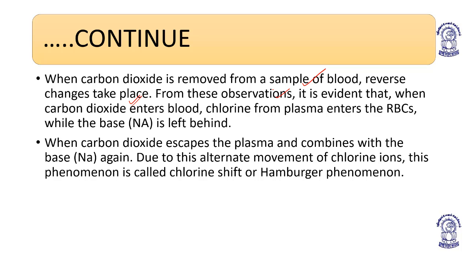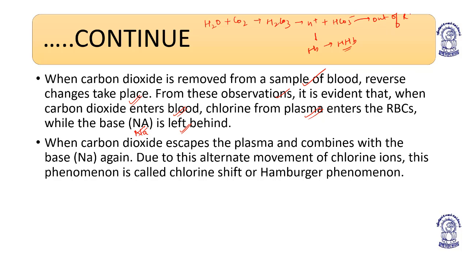From these observations, it is evident that when CO2 enters the blood, chlorine from the plasma enters the RBC while the base is left behind. The base is Na. H2O combines with CO2 to form H2CO3, carbonic acid, which forms H plus and HCO3 minus. This H plus combines with hemoglobin to form reduced hemoglobin, HHb. NaHCO3 comes out